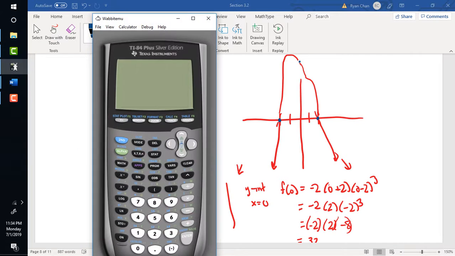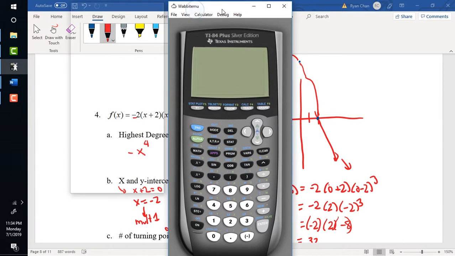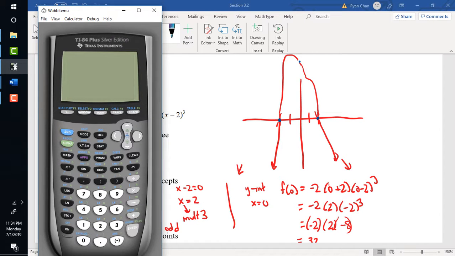And then check using the graphing calculator. Now, here's the thing: coming into this, we should realize that the graph in our calculator is definitely not going to be the same as what we sketch out, but you're just focused on your end behavior and your intercepts, okay? And we should have at most 3 turning points. So x plus 2, parentheses, x minus 2,